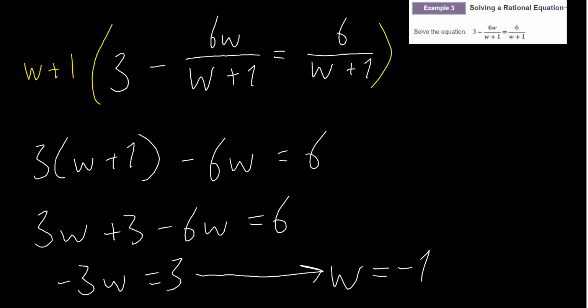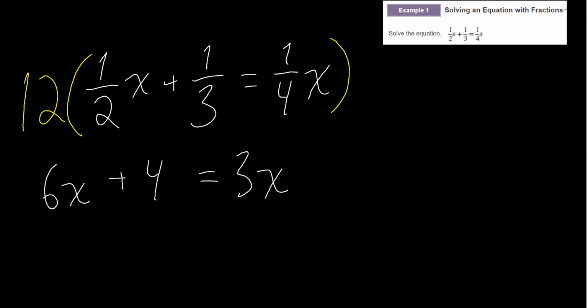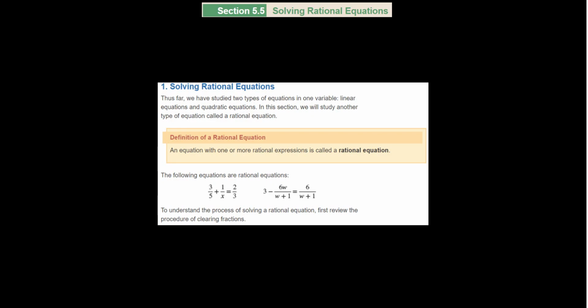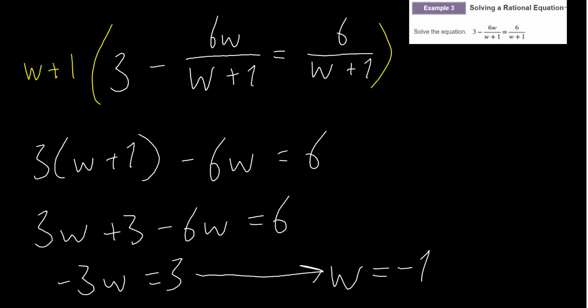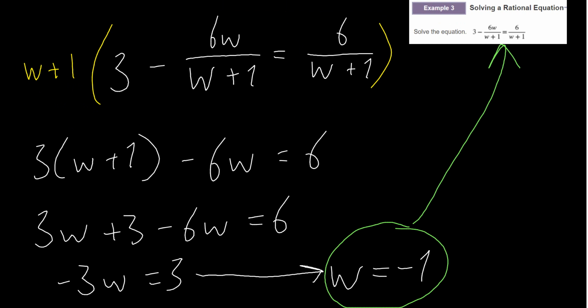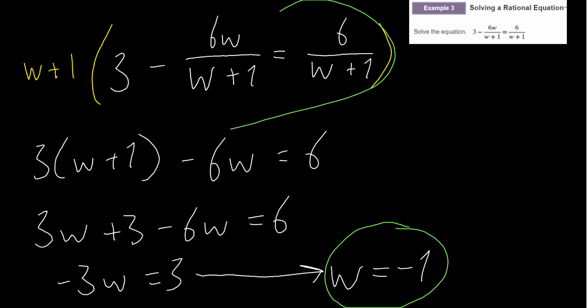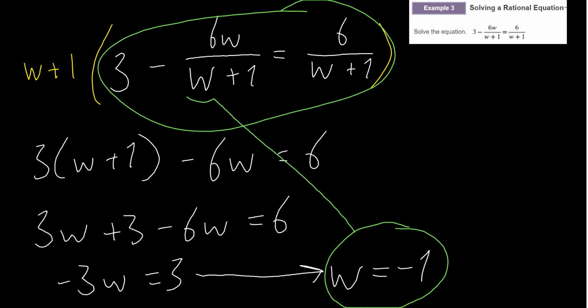Okay. Now, up to this point, I have not been checking my solutions. So let's go ahead and pick this random one to test. And obviously, it's not completely random because I did it for a reason. So if my solution here is w is equal to negative 1, that means if I plugged a negative 1 in for w, this equation would be balanced out. Well, let's plug negative 1 in for w. We plug in negative 1, and this is larger, so let's plug it into here. If we plugged in negative 1 right here, and negative 1 right here,